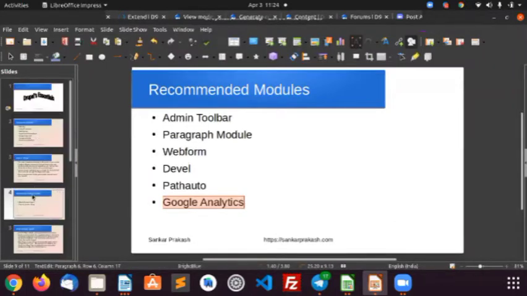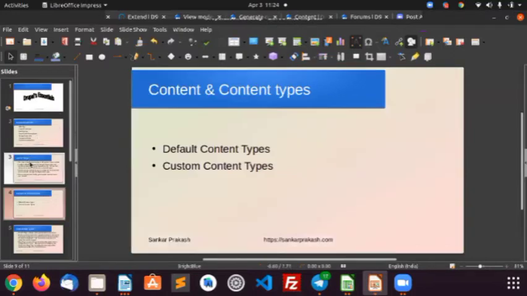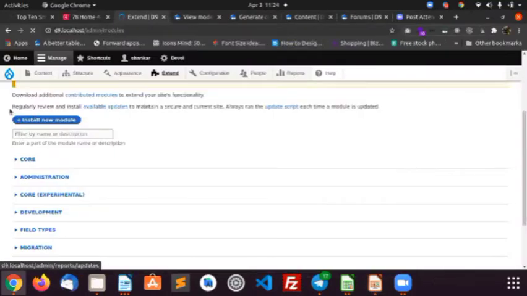So content and content types. Content type is the structure of the content. Content is what you create using the content types. For example, for an article, we have a page title, we have body, and we have an image.